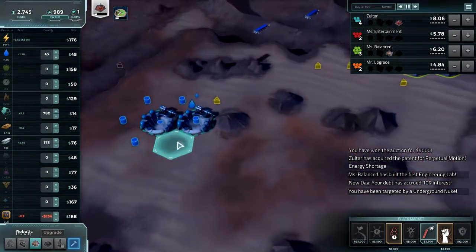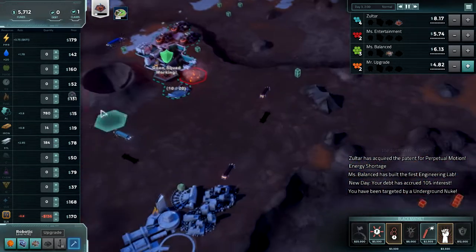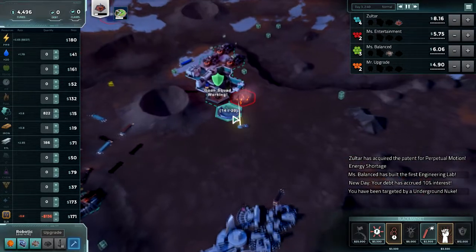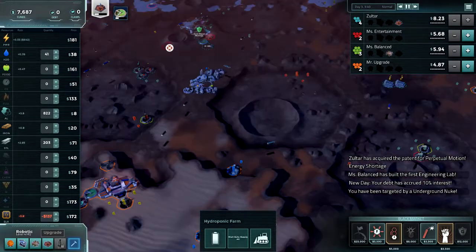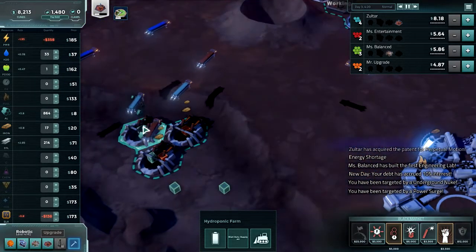Did my water get nuked? Why would you nuke my water? Look, water's price is coming down anyway. You're just crazy. So let's keep looking. Oh, I could have tried to put these farms over by the water pump and seen what happens. Guys, it's a new thing. I'm not very good at using it yet. I also have way too much aluminum right now. Why don't I just...